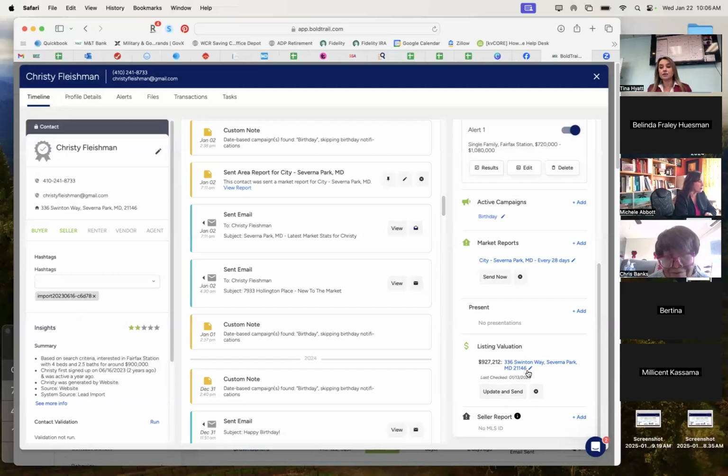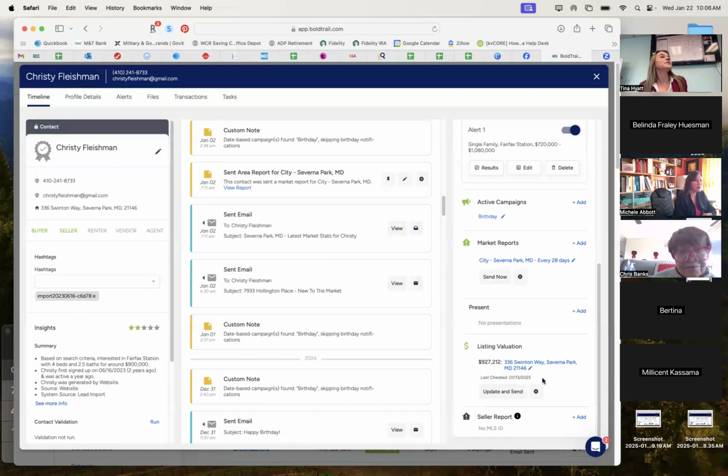So guys, this is a great, great prospecting tool where you don't even have to prospect really. The auto email goes out every month for you based on their property, their street address, and it's prospecting for you automatically. And because it's about them, right? People like stuff that is about them. Most people are very egocentric. So because it's specifically about their house, this is going to become like an addiction. I've heard of people telling me that this little listing valuation email that they get once a month is like, they can't wait for it to come. They wait for it to come. And as soon as it comes, they're clicking.